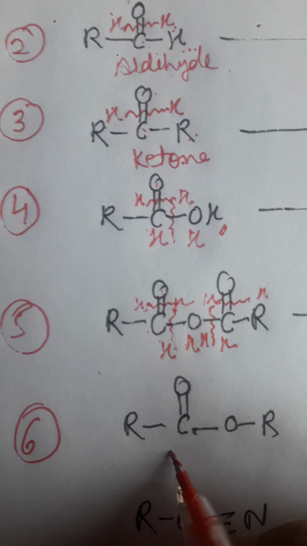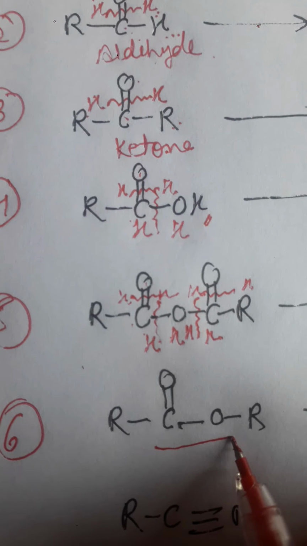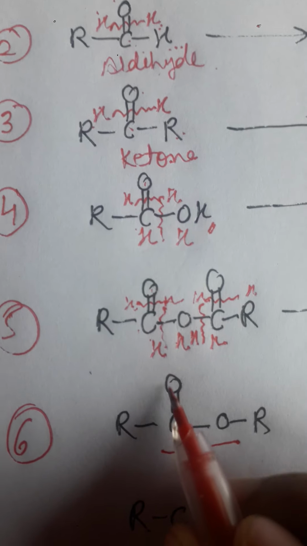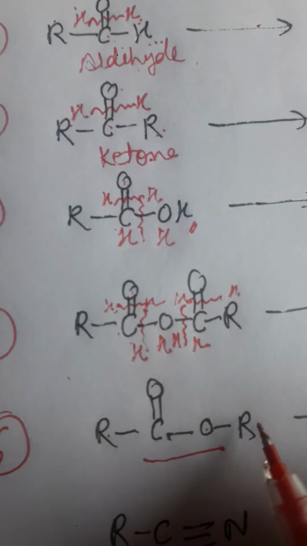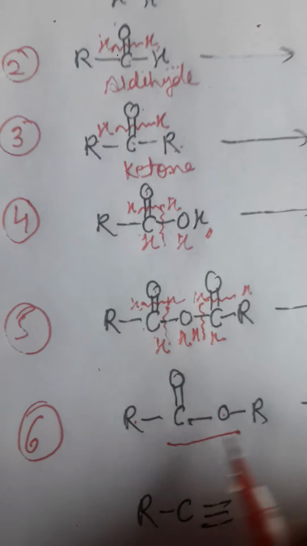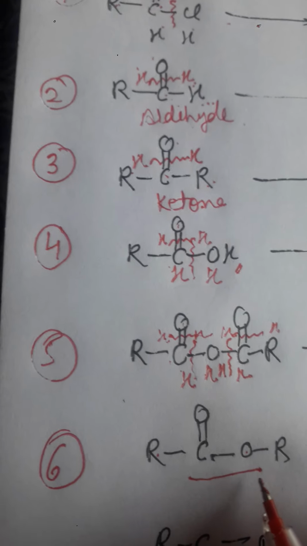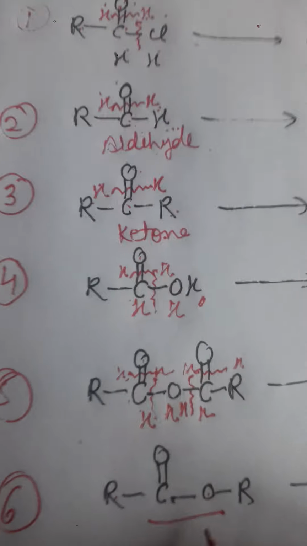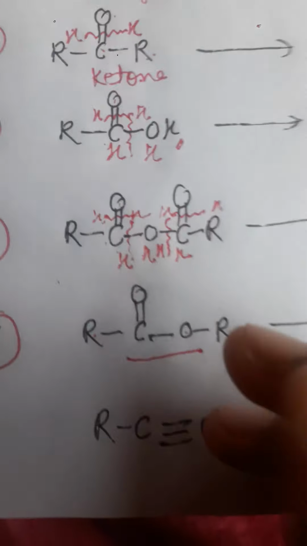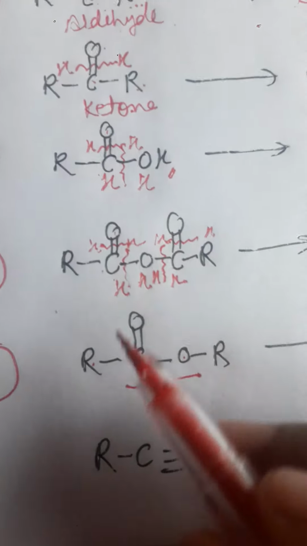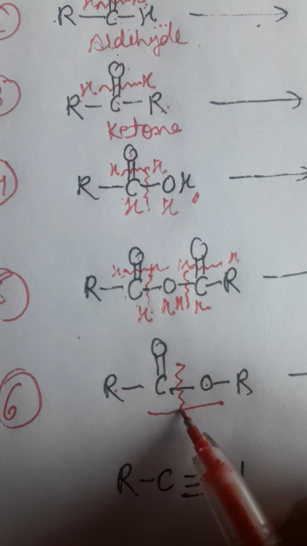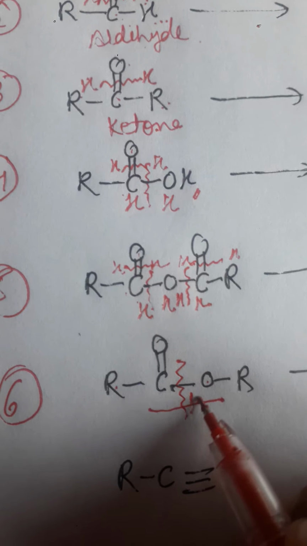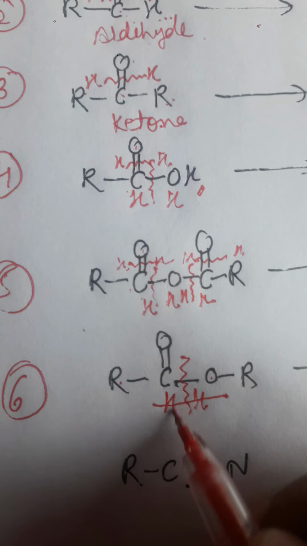Now just see the next one, number six, RCOOR. Which type of functional group is this one? This one is our ester functional group, where we observe the COO group with R on one side and R or R dash on the other side. So this one is our ester group. Now in the ester group, how will we divide the molecule, or how will this ester molecule be reduced? Again without thinking anything, just divide: one side hydrogen addition, one side hydrogen addition.